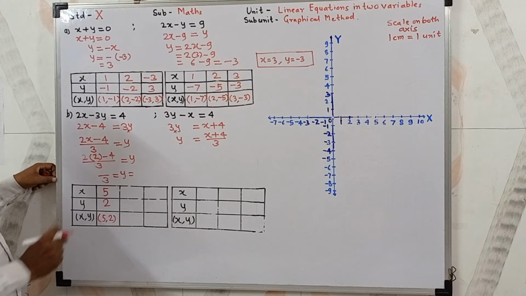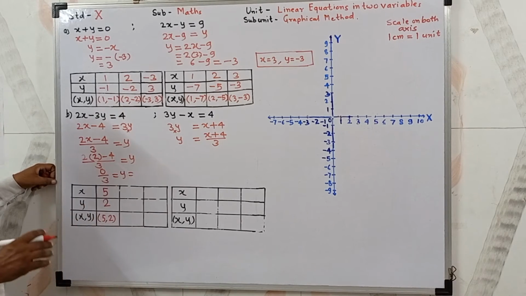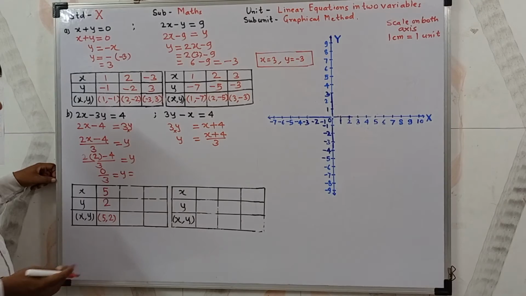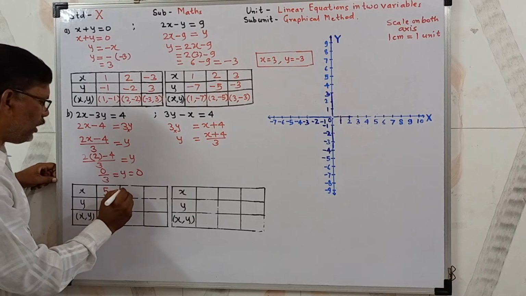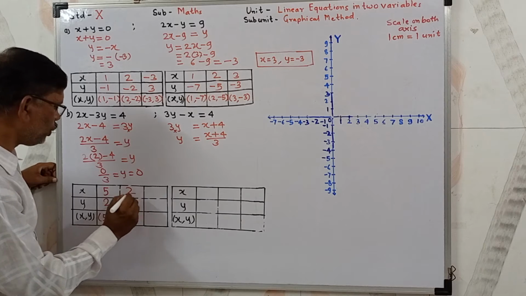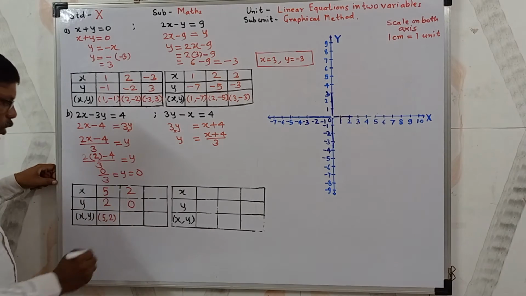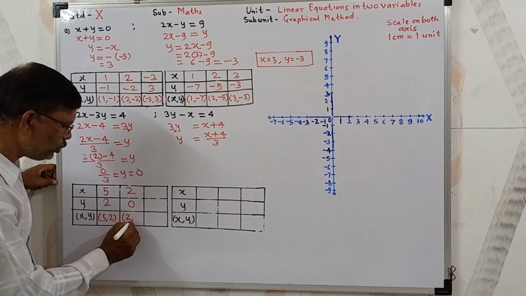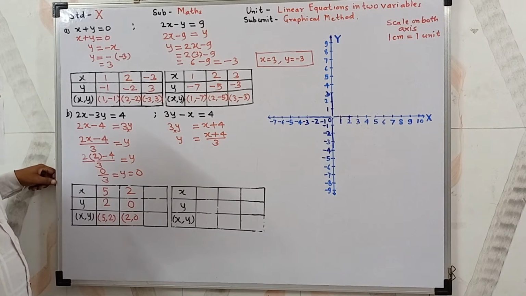When we do 2 into 2, 4. 4 minus 4, 0. 0 upon 3 is equal to 0. So when the value of x is 2, the value of y is 0. The point is (2, 0). Understood? The next one, that is we